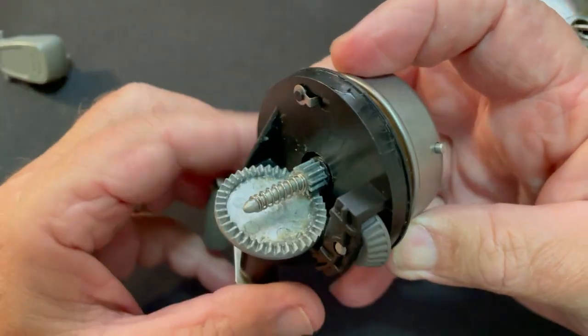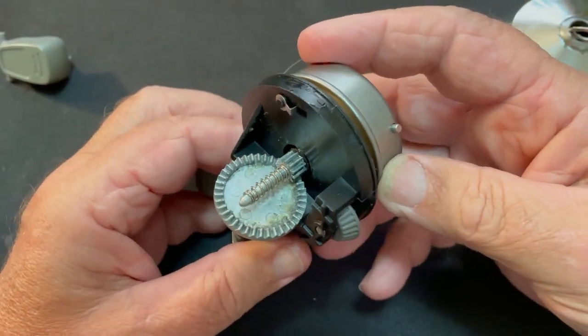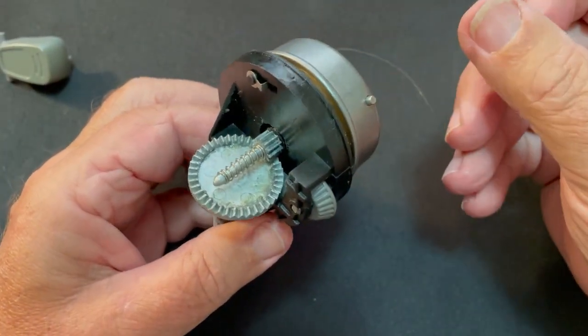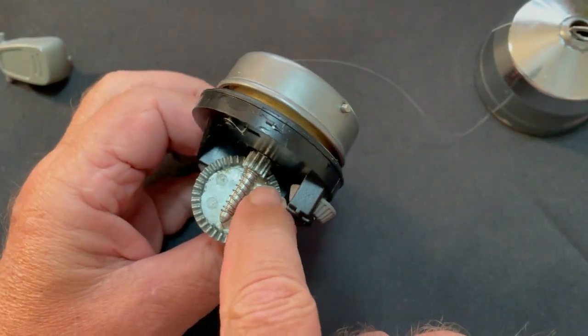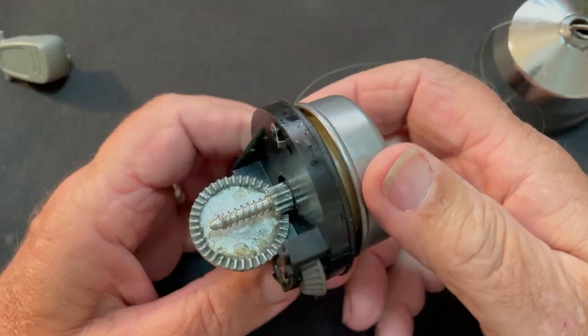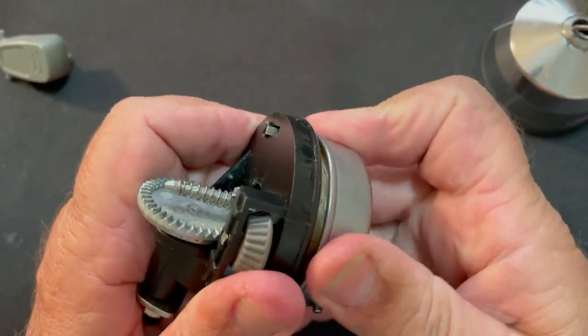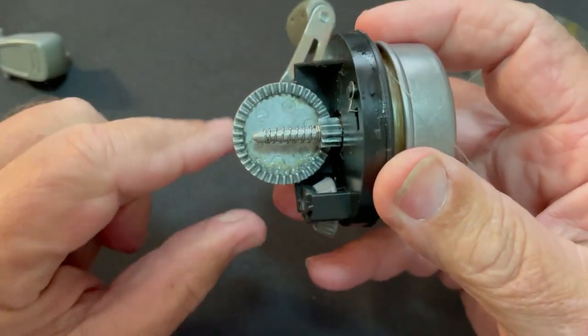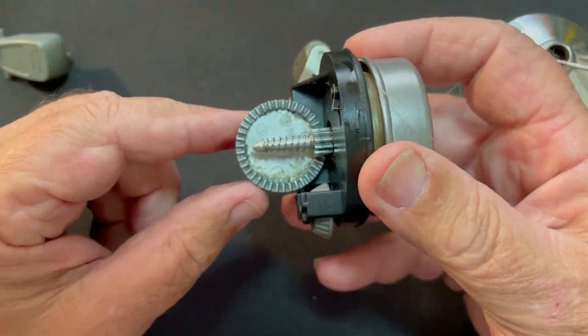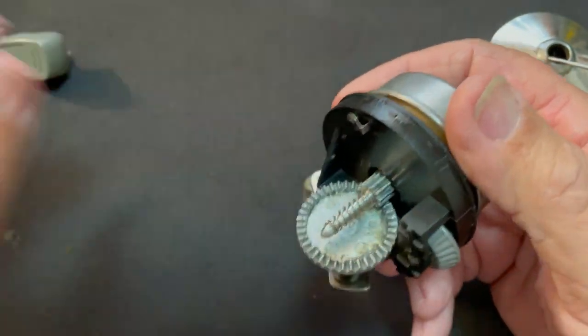know better than to do this, but I used a trick that somebody on the internet taught me, and the last time I tried it, I broke the reel, and again, this time I did the same thing again. I jammed a rag down in between the gears to hold them locked in place while I unscrewed the rotor, and again, I chipped a tooth in here. It caught, the rag slipped, and it chipped the tooth in there. So now I have a reel that